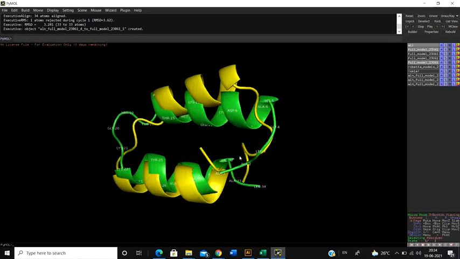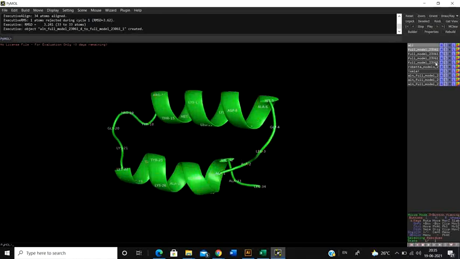Now obviously if the protein is a large molecule, then it becomes a little bit difficult for you to analyze, and we have to perform other checks. You have to find out each amino acid, how they are different from one another, how the model looks, and then you have to select a particular model with which you can progress and perform other experiments.